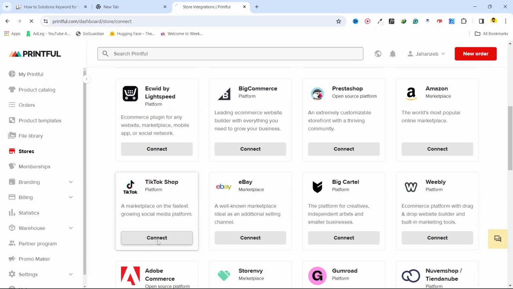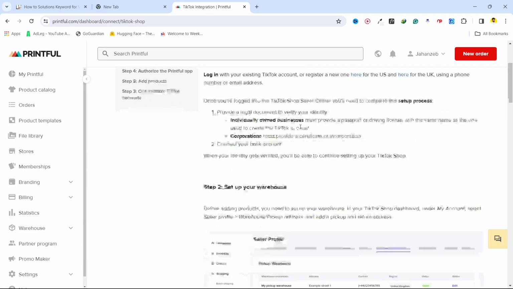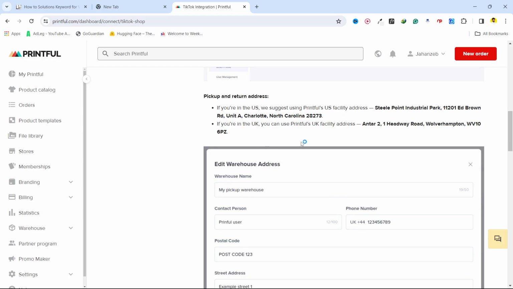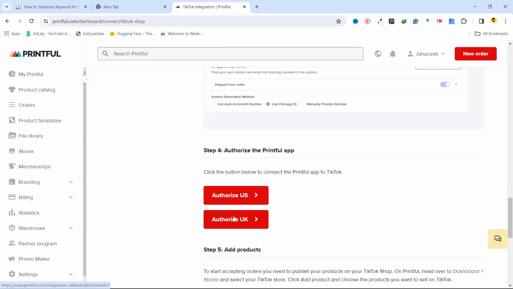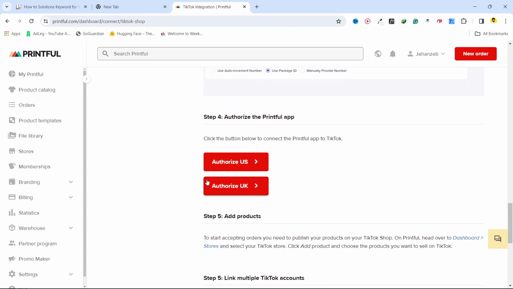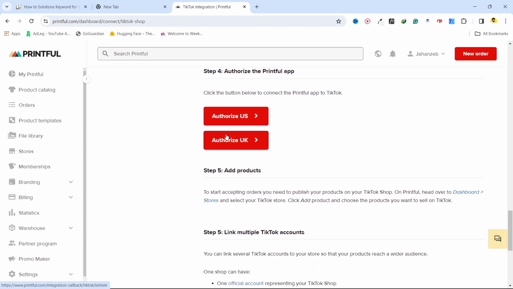You simply need to click on connect, and here you can see the process that you need to follow to register your account onto the TikTok Shop. And here you can see that authorize the Printful app. So if you have a UK account, click here. If you have a USA account, click here. So I have a UK account, so I need to click here,